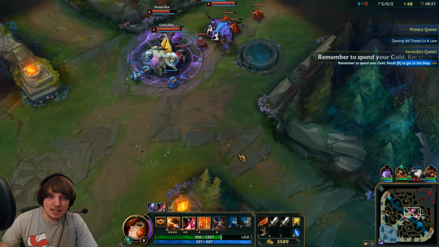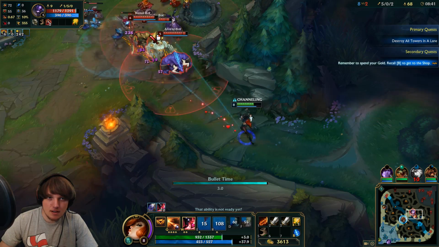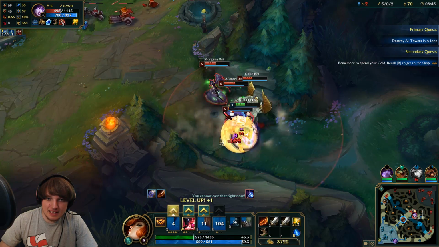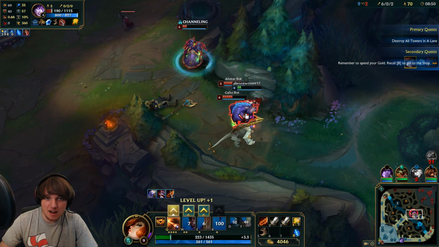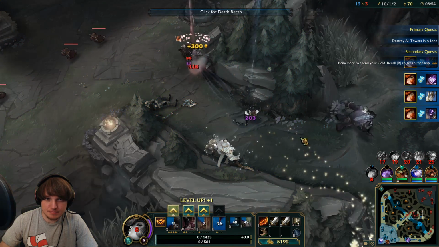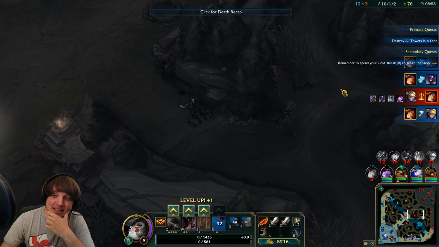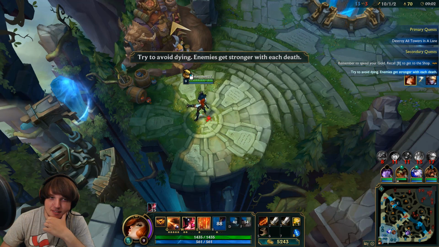Okay. Yeah. It keeps telling me to spend my gold. Hello. I will just maybe kill you all. Can I pentakill them? Will I die? What happens if I die? Actually, what happens if I die? I did die, but I got a penta there, and it doesn't tell me that, you know, in bot games,